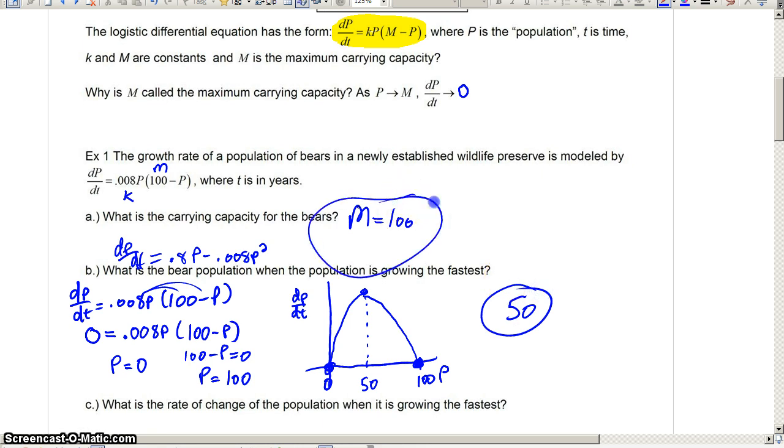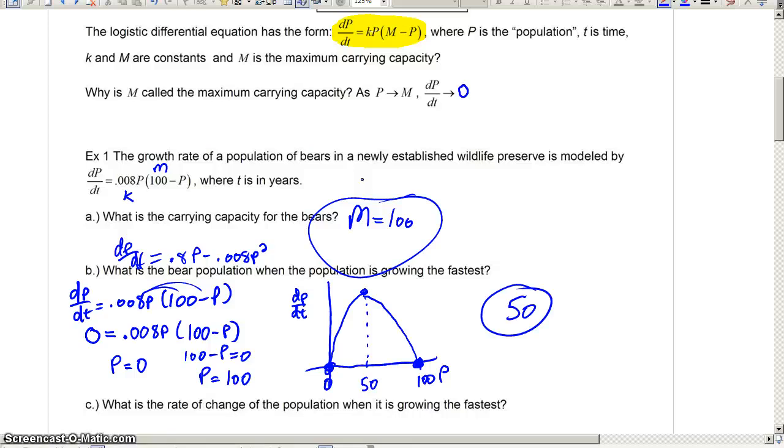And please hear this, this is super important. This is going to be true really for any logistic differential equation: the population is growing the fastest whenever the population is exactly half of the carrying capacity. And you can do a quick